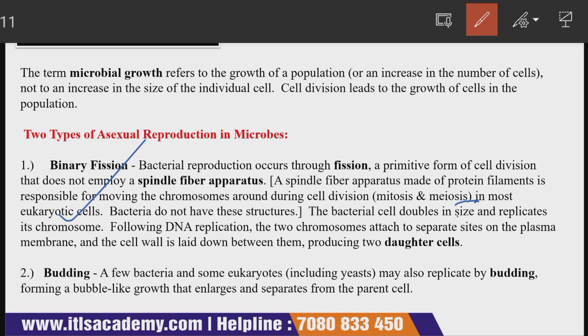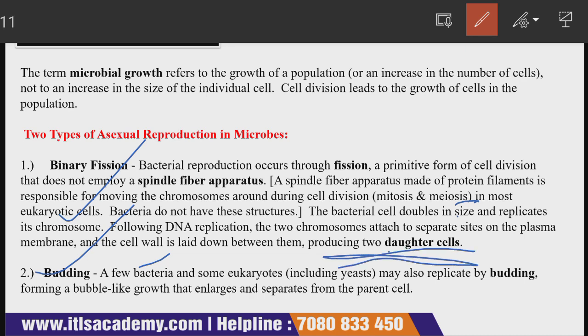They do cell division through fission, and that is a very simple one. The bacterial cell doubles in size and replicates its chromosome. Following DNA replication, the two chromosomes attach to separate sites on the plasma membrane and the cell wall, which lays down between them,